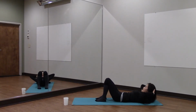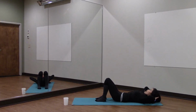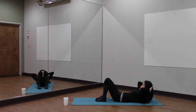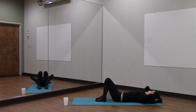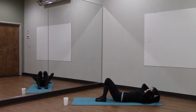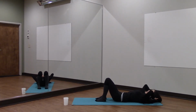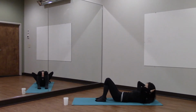You're going to inhale and exhale. Gaze down at your belly and make sure it stays nice and flat. And inhale back. And exhale nice and slow. 1, 2, 3. And down. Inhale. And exhale. 3. And inhale. And 4. Exhale. And inhale. And exhale, 5, and inhale, and 6, and inhale, exhale, 7, and inhale, and exhale, 8, and down, and draw